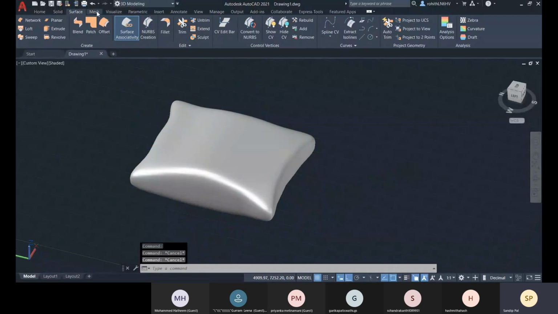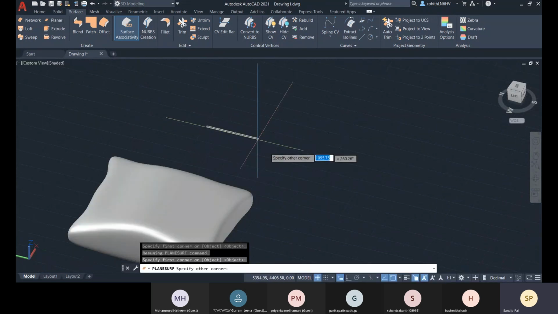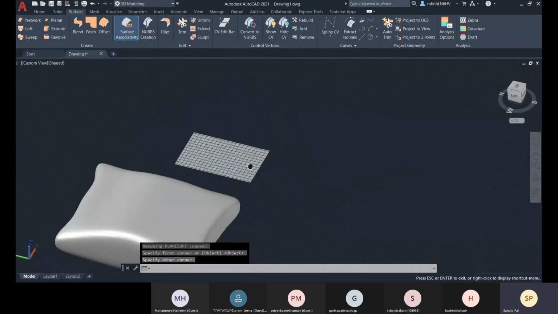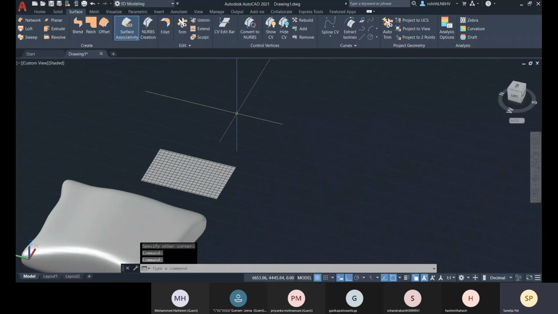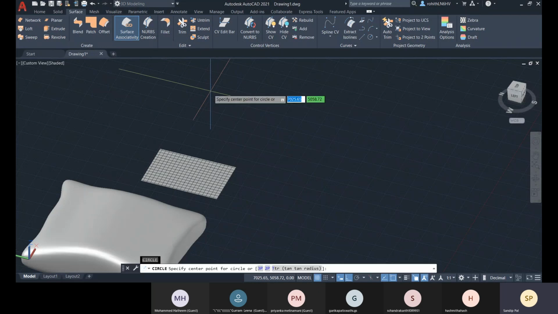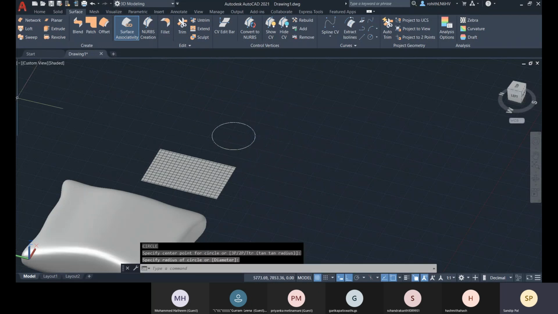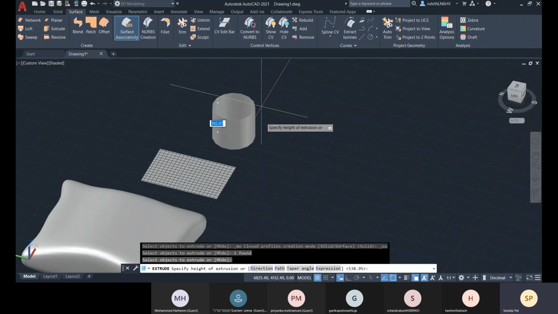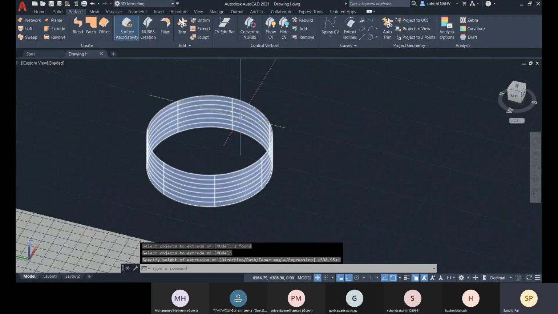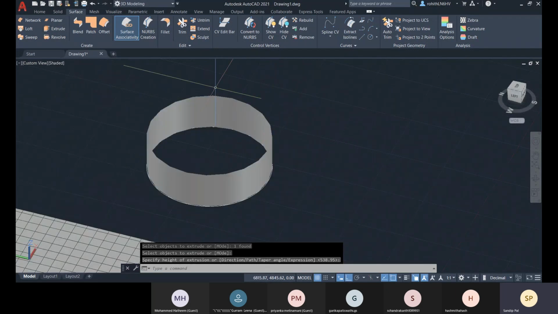So we have the surface tab here. We can create surfaces there, like a planar object. Here we have this planar object. Okay, we can extrude objects. Let me go for extrude and enter. It will be creating like this. This is a surface extruded. Okay,